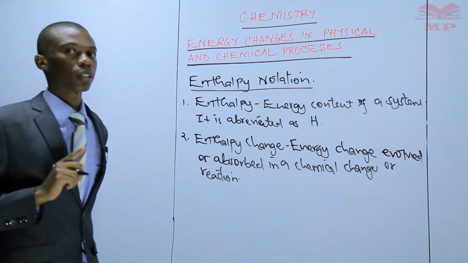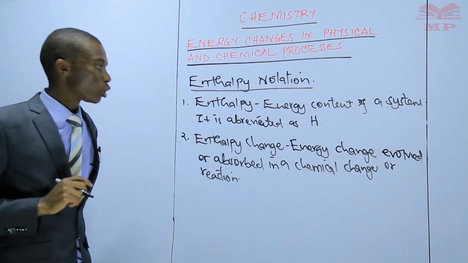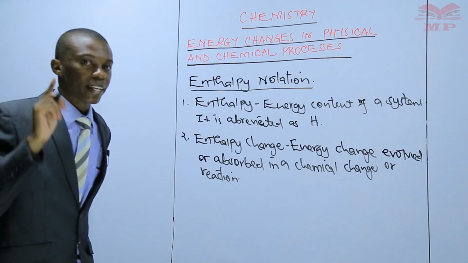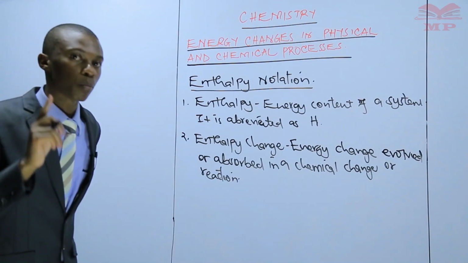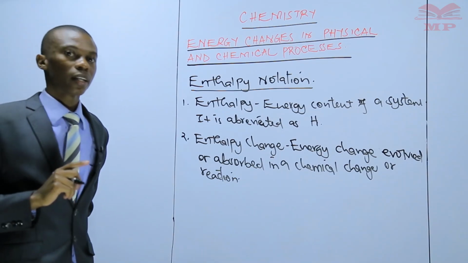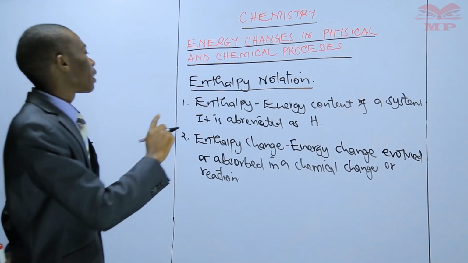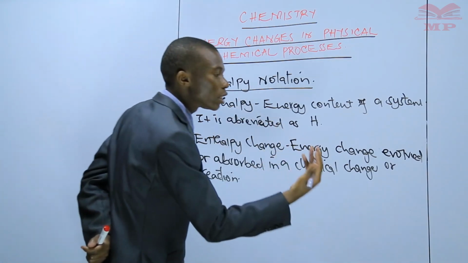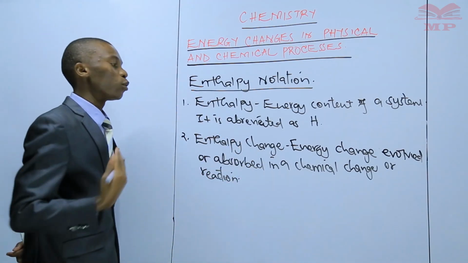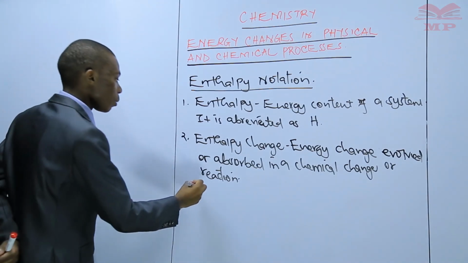Remember in the previous lessons, we discussed endothermic and exothermic reactions, where we said that in endothermic reactions, energy is gained from the surrounding, or energy is absorbed from the surrounding. And in exothermic reactions, energy is lost to the surrounding. So the enthalpy change is that energy change evolved or absorbed in that chemical reaction. It is abbreviated